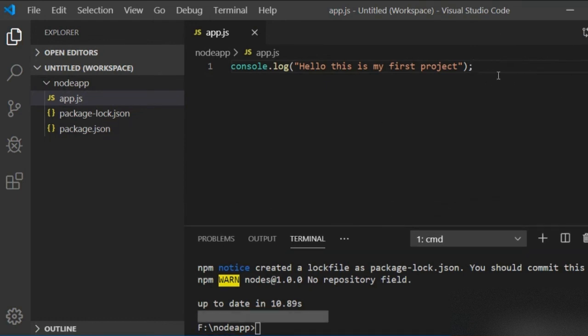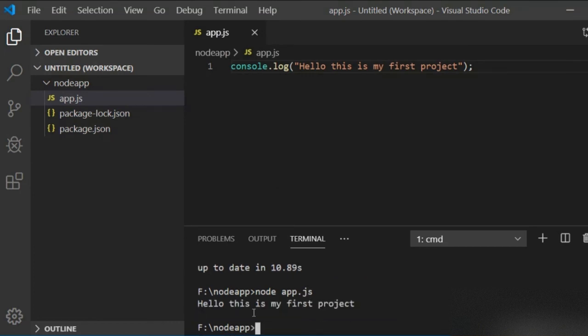To run the Node.js project, in this terminal we have to write simply node and our file name. This is my file name, app.js. So node app, or you can type app.js also. You can see it printed hello, this is my first project. So now your Node.js is working, and if you change this to, this is my first Node.js project,